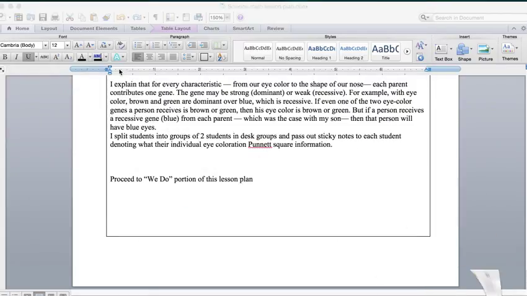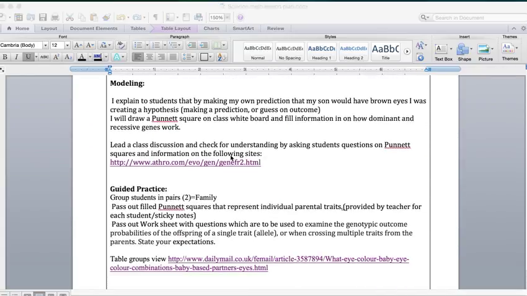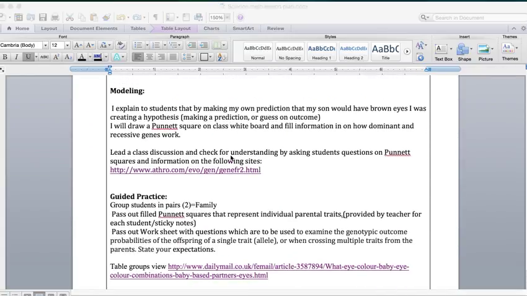Okay, so as you see, you would continue on to the we portion of this lesson, and I would explain to students that by making my own prediction that my son would have brown eyes, I was creating a hypothesis, making a prediction or guess of an outcome. And like I said, you can either draw this Punnett square on the whiteboard, or you can lead the classroom into a discussion